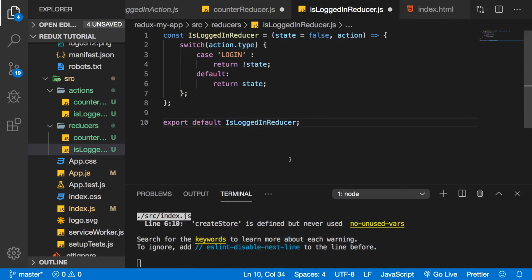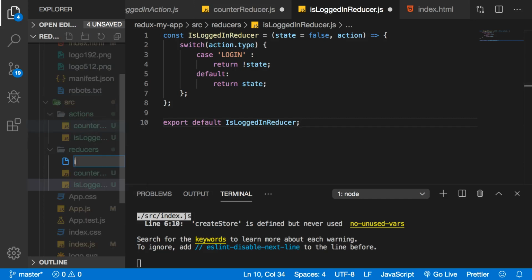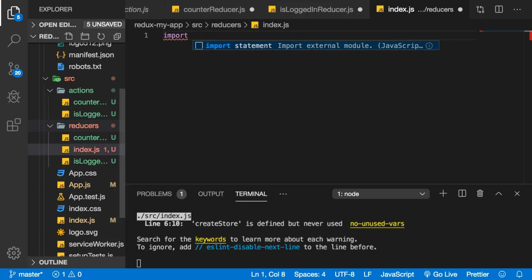Okay, so now we want to combine these reducers. So to do that, we're gonna go to the reducers folder, right click, click on new file, and we're gonna name this index.js, like so. All right, so in here we're gonna import something called combineReducers. So we're gonna do import, open and close curly braces, and inside here we're gonna import combineReducers, like that,